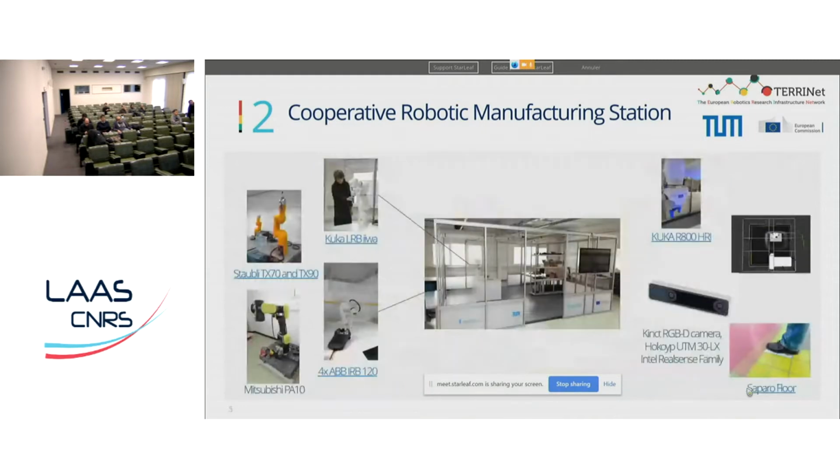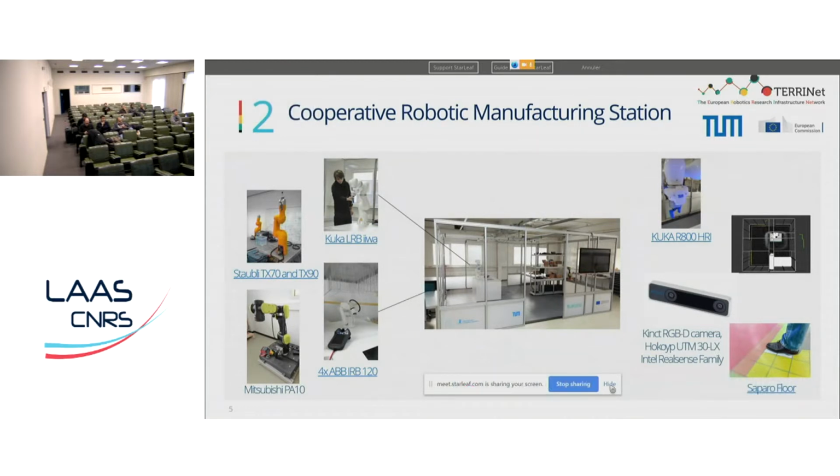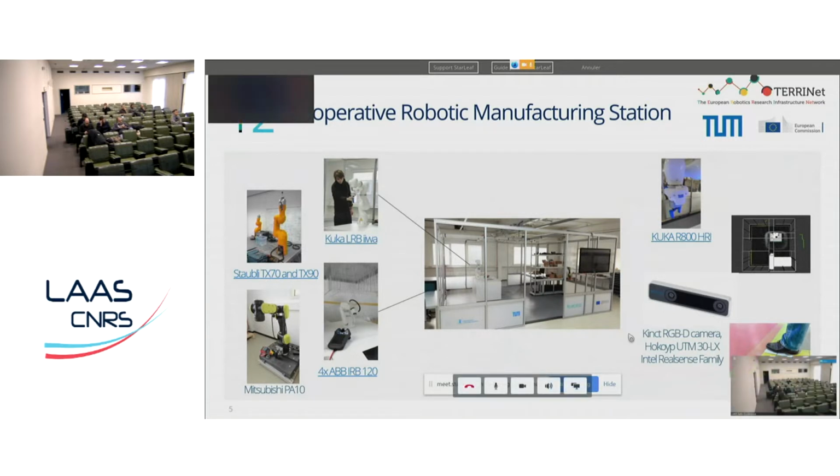The setup consists of several robotic arms such as Stäubli, ABB, KUKA, and Mitsubishi robots with an end effector, and a mock-up of a collaborative manufacturing site equipped with a tactile Sapphire floor. The environment can be easily configured to represent different variations of manufacturing, and we mainly use the KUKA robot